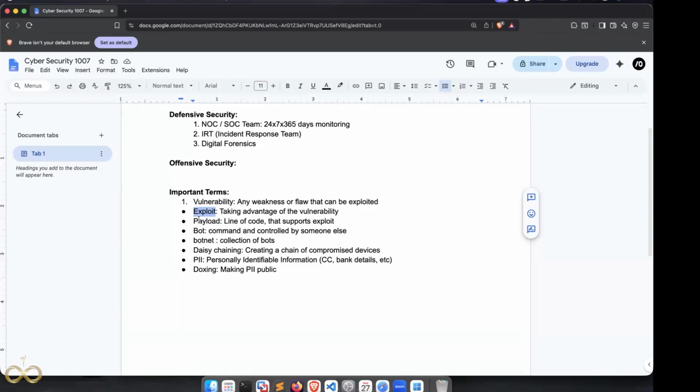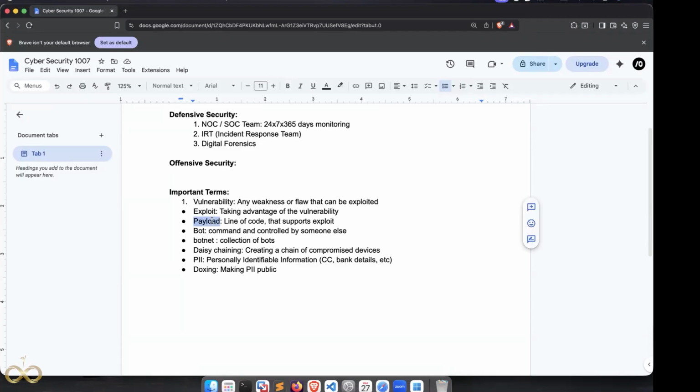Any questions with exploit? Vulnerability is any weakness or flaw that can be exploited within the system, or in somebody else's system. How can we explain it? On the target system. Oh, okay. So it is on the target system. It can be someone else's system, or if you are trying it for learning purposes, it can be your own system, or not just a system but a server, or maybe a web application that you have designed. So yes, it can be anything that is the target for your pen testing or scope.